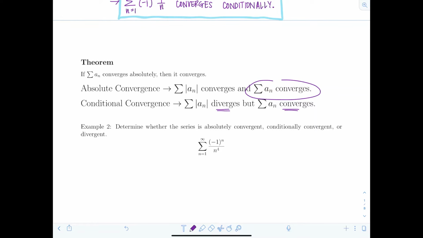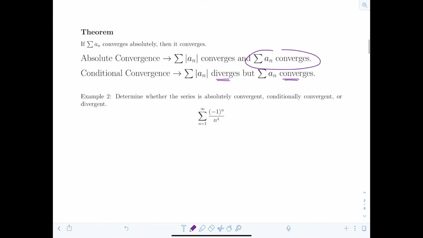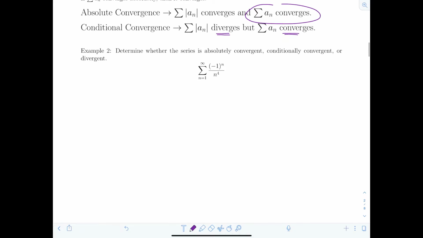And then you can still have divergence. If the sum of the absolute value of an diverges, and the original series diverges, then it just diverges and you're done. Okay, so let's look at another example so we can get a feel for how to apply this testing